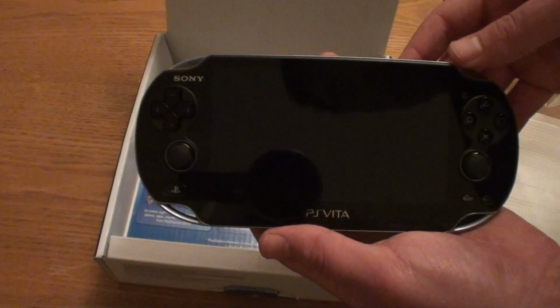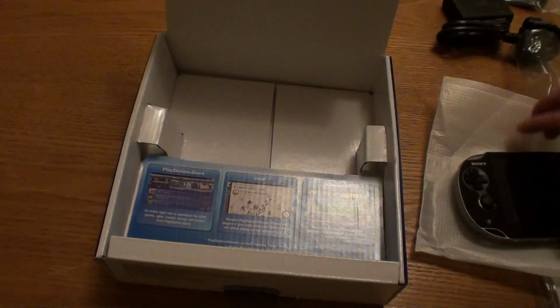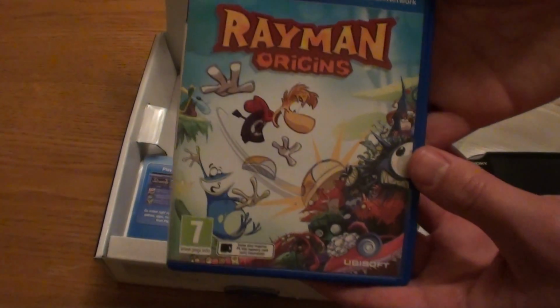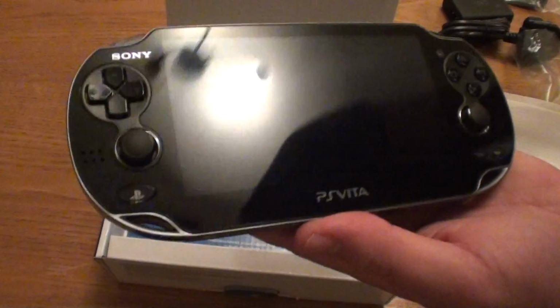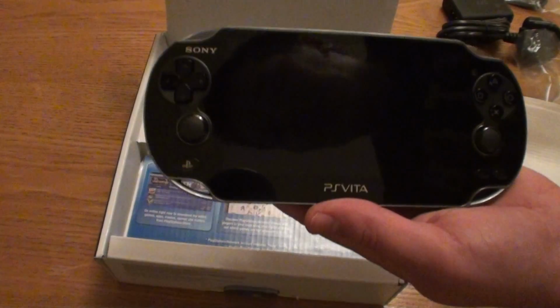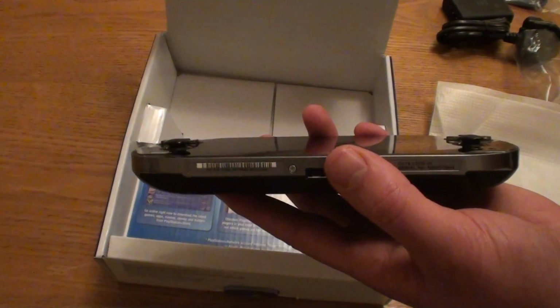I'll also, in future videos, be looking at some of the games that are available now. Probably one of the first reviews I'll do will be on Rayman. Can't wait to get myself stuck into that. I've also got a number of downloadable games already waiting on my PlayStation 3 to transfer across, so again I'll give you some reviews on those. Point to note really, I'm not going to be